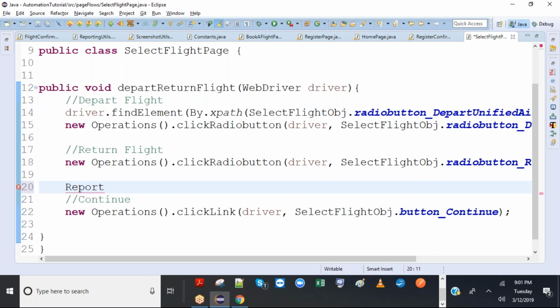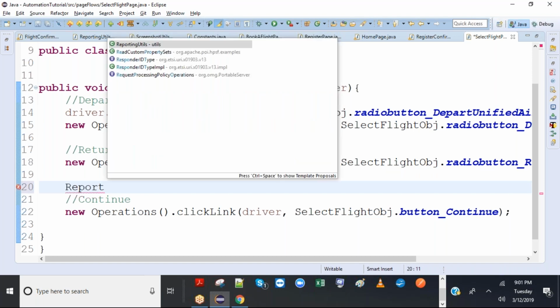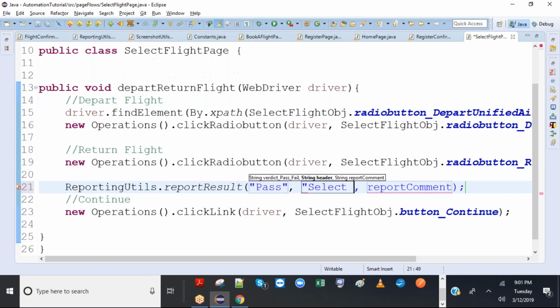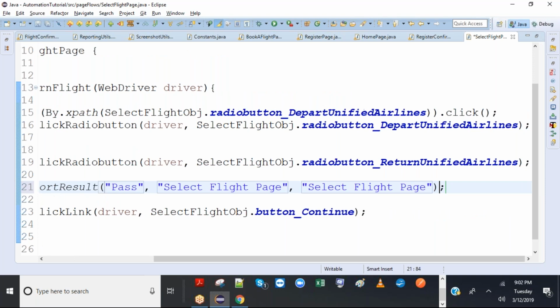This will start. Okay, select flight page is done.